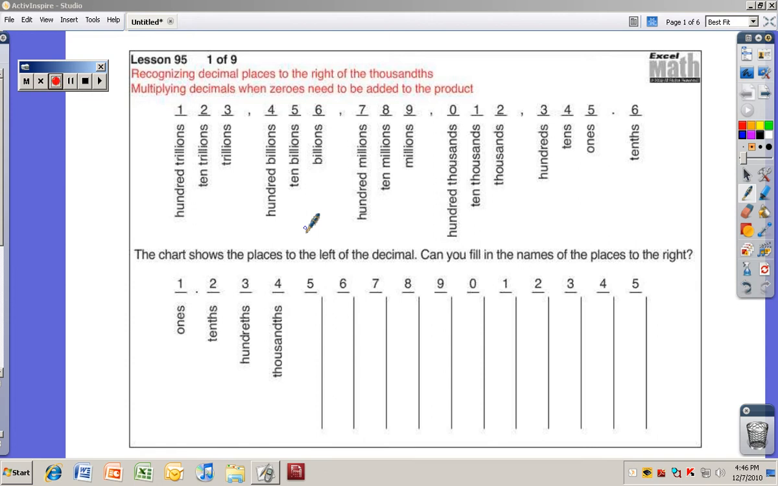All right, here we go with 6th grade Excel lesson 95. It's a fiver, so it's a double length one. This is going to be fun. Here we go. Recognizing decimal places to the right of the thousandths, multiplying decimals when zeros need to be added